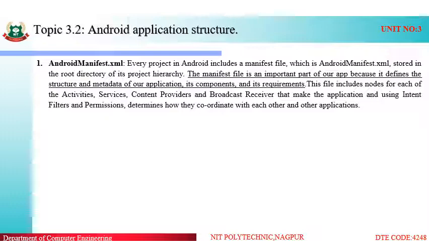Using intent filters and permissions, it determines how they coordinate with each other and other applications. So this file is the most important file in our application structure, which contains all the metadata and the structural information of our application.